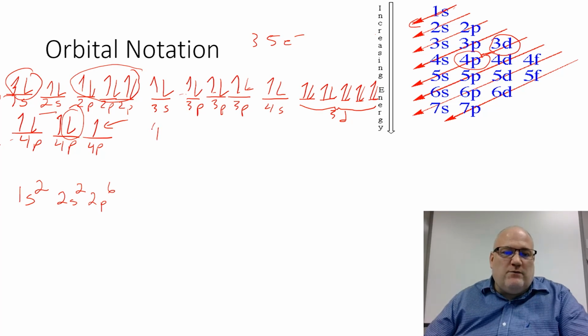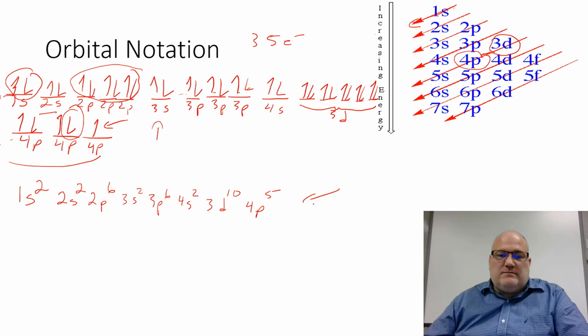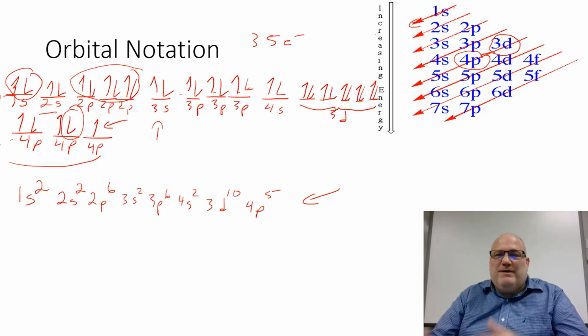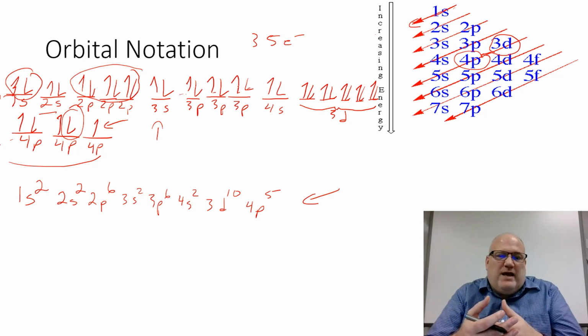Similarly, as we move on, we're going to go one after another. We're going to write 3s2, 3p6, 4s2, 3d10, and then 4p. And here's where it's important. We only put 5 electrons into these p orbitals, so we have to write it as 4p5. Now this is clearly easier to write than all of this up above. But even still, it could be problematic if we had to write 80 or 90 electrons. So in the next video, I'm going to show you how to do shorthand notation. Hopefully this is